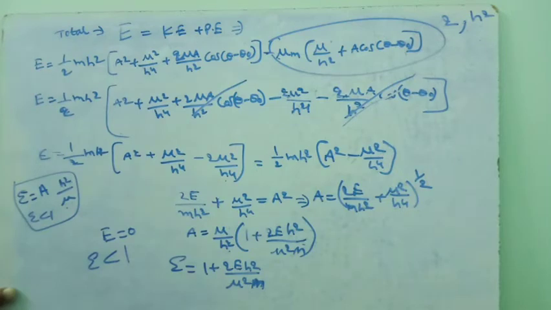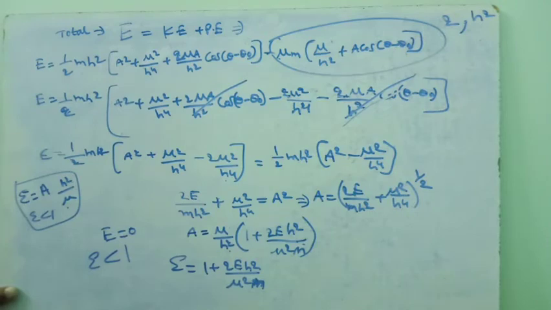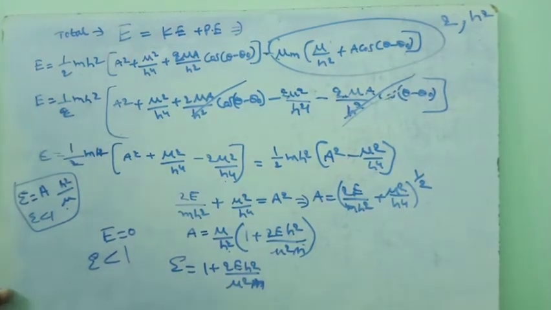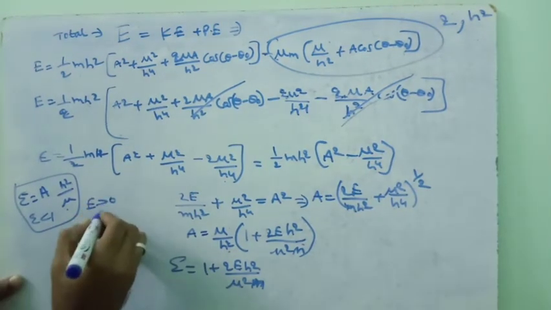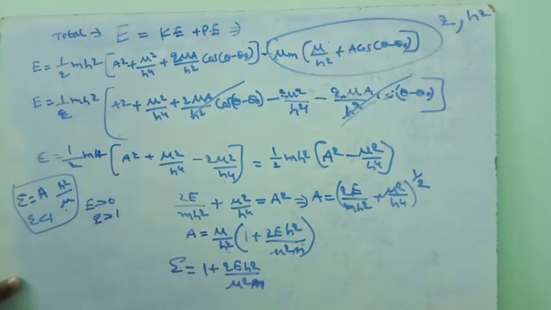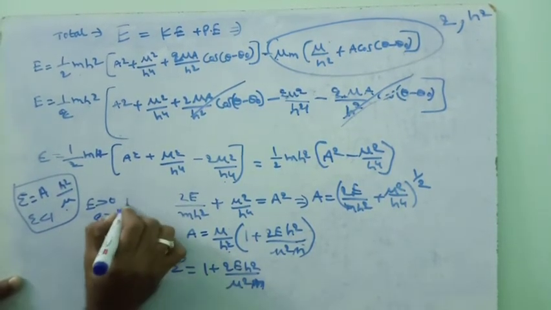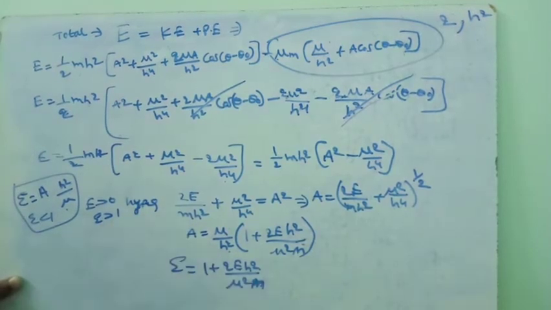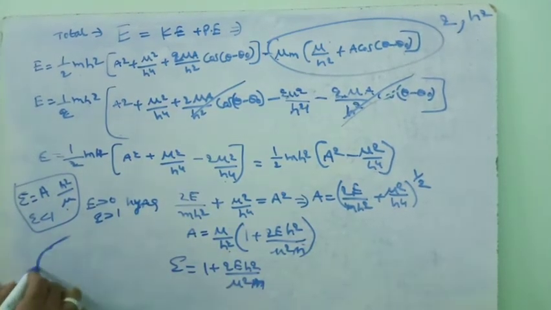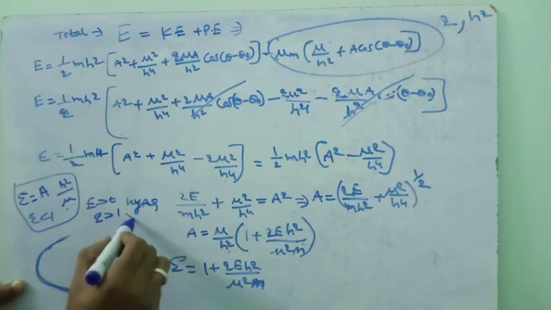So all planets have energy value less than 0. If energy is more than 0 or equal to 0, then there is no stability in the orbit. So all orbits are stable when the energy value is less than 0 and eccentricity is less than 1. If the energy of the orbit is greater than 0, the eccentricity value becomes greater than 1, which means 1 plus some value, so it becomes greater than 1, which means hyperbola. If planets are revolving in a hyperbolic path, they would have passed away from the solar system. So this is not accepted.